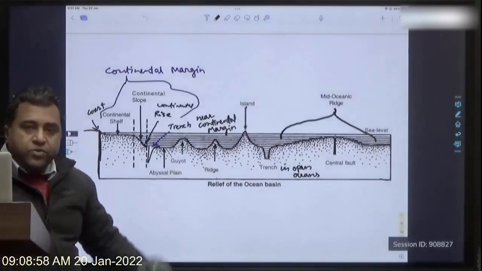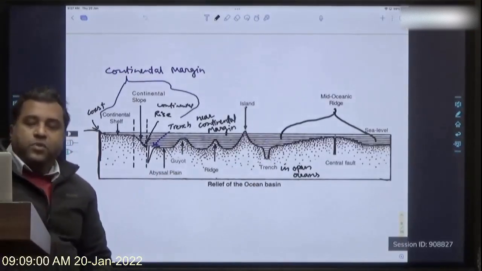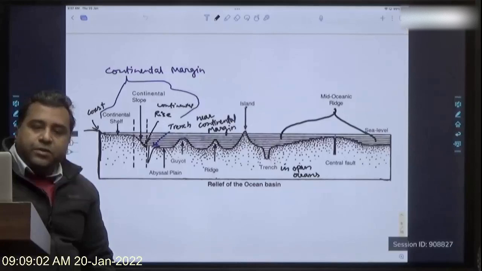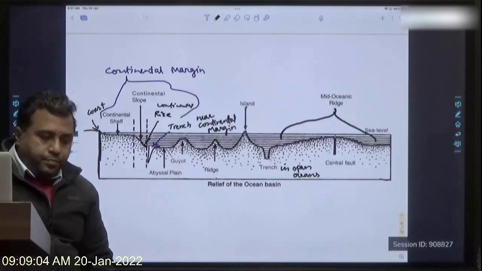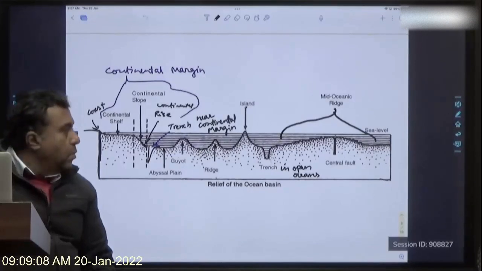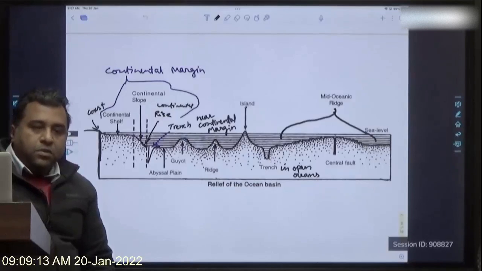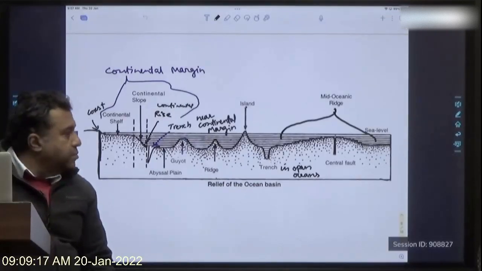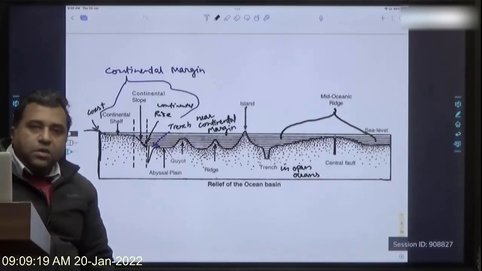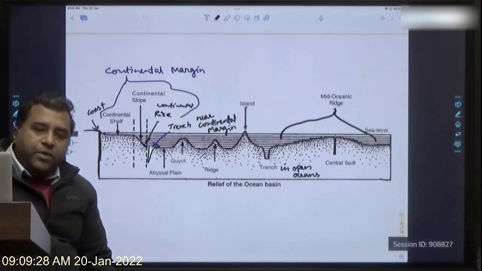Mid-oceanic ridge we will also be calling as MOR. This causes a large amount of lava to come out